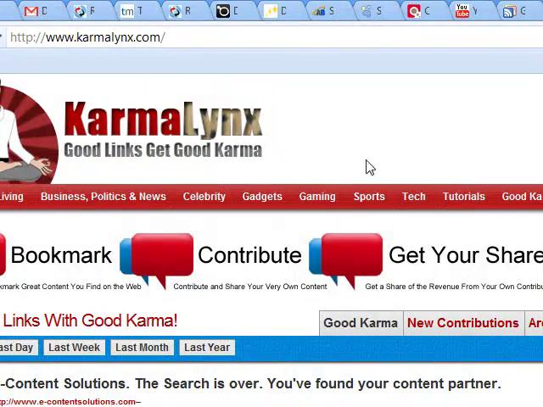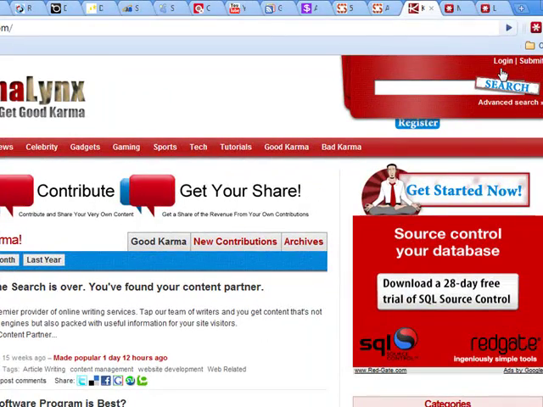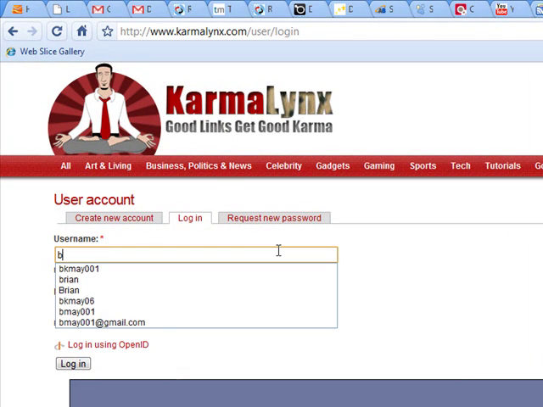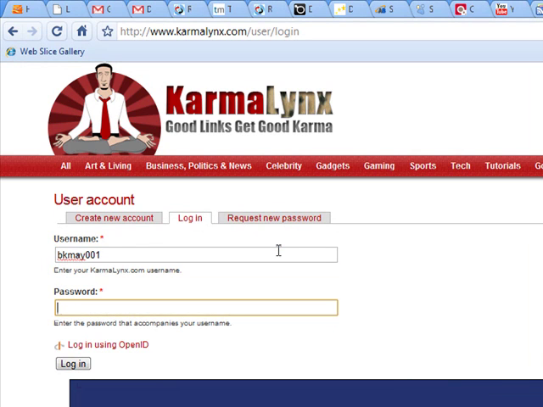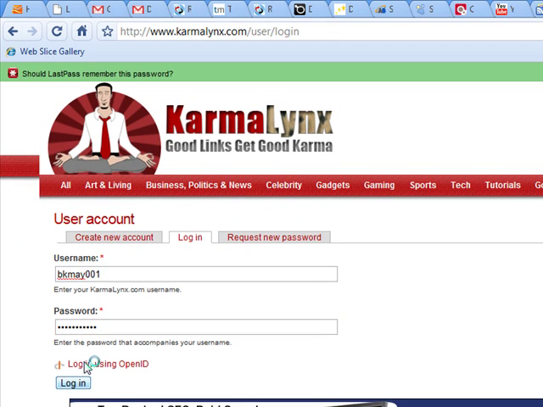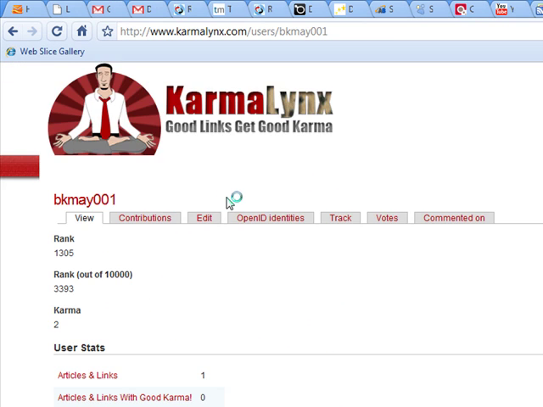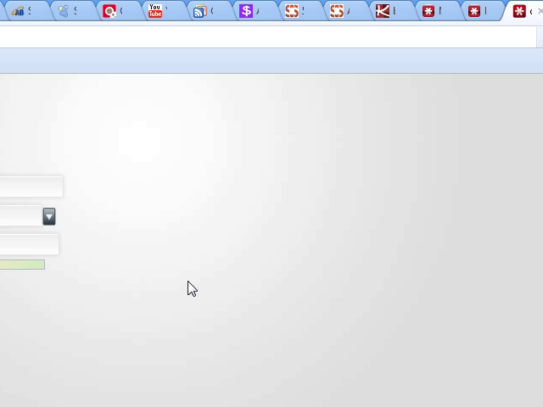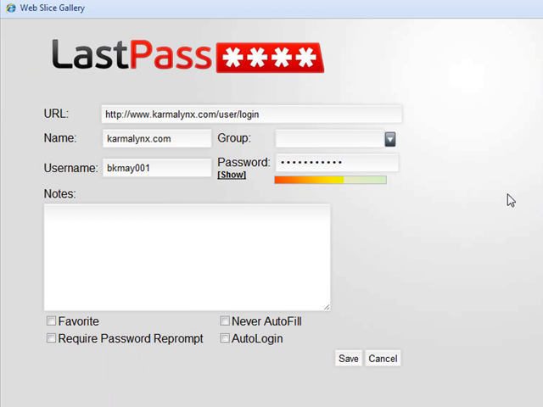We'll use the site Karma Links, which is a social media site that we'll be using for link building, and simply go to the login page, and you're going to set up or enter your password as normal. Once you've logged in, LastPass will ask to save your password, which you want to do. So you simply hit save site, and then it'll take you to this screen that has a couple of different options,